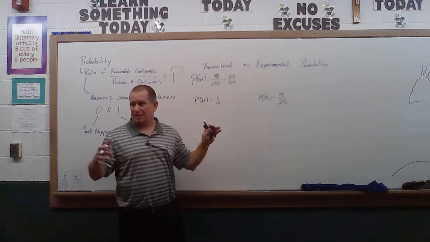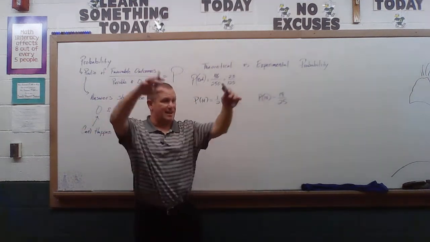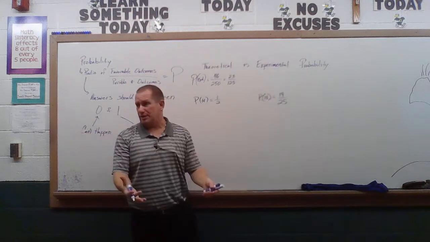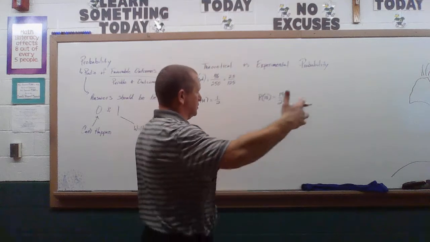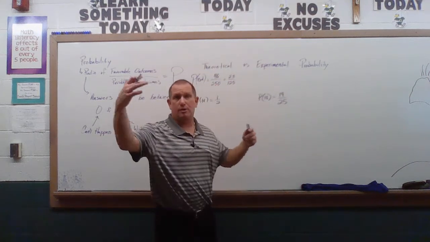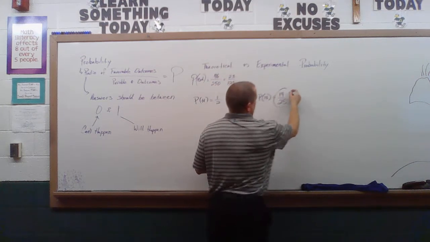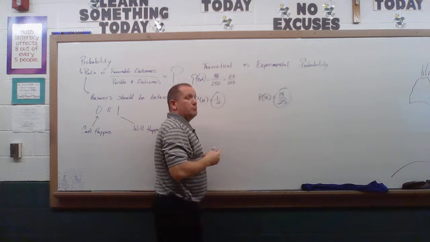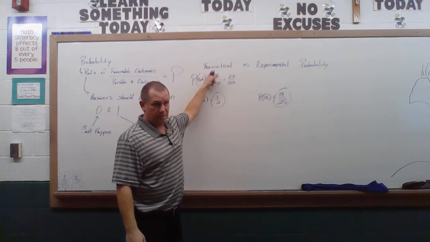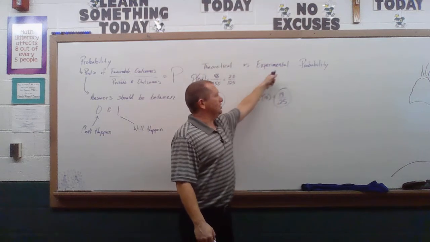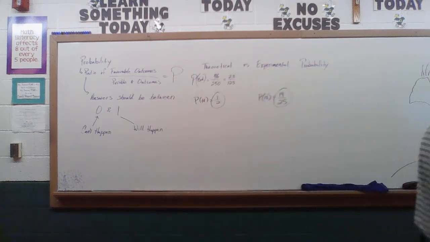The theoretical is like the one-time deal. The experimental is taking the data of a bunch of times doing it, whether it was you doing it yourself, or like I said, the conference, or the state of Iowa, or maybe we even did the United States. Okay? And then each one of these would be your individual answer. Most of the time when you do probability, you're going to do theoretical probability. You're not going to do experimental very often. But we wanted to introduce what that means.